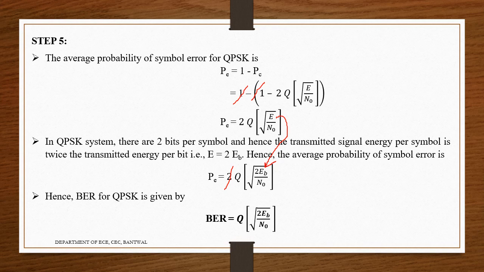Then we do all this theoretically and draw a block diagram, where we analyze the bit stream. When a bit stream is given, we pair the bits. For the first two bits, we call it a dibit set. The first bit, the odd bit, will be the in-phase component, and the even bit will be the quadrature phase component. Then we take the amplitude at the initial step and the end, add them, take the average, and divide by 2, and that will be the resultant bit string.